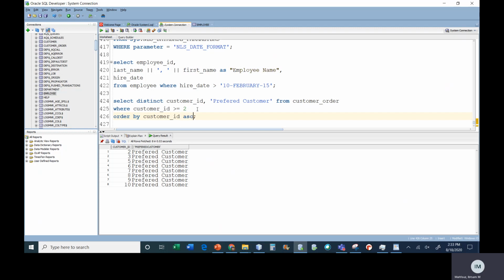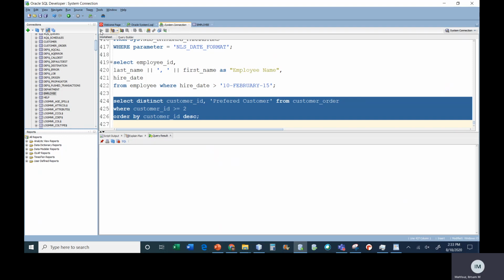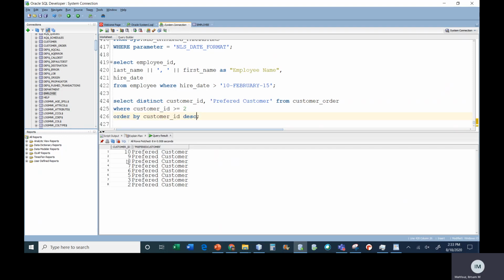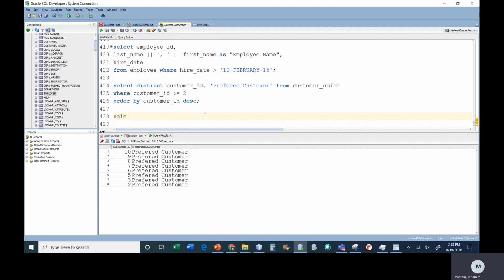So if I just add the three letters ASC, it's not going to change anything. But if I want the reverse order, descending order, I can add those four letters that represent descending, and now I see it in descending order. And so this is nice if you're selecting, for example,